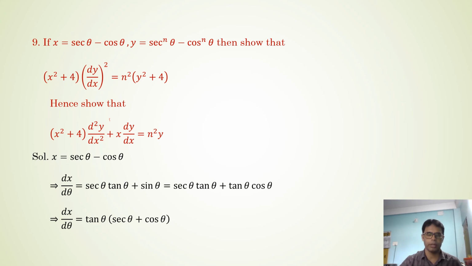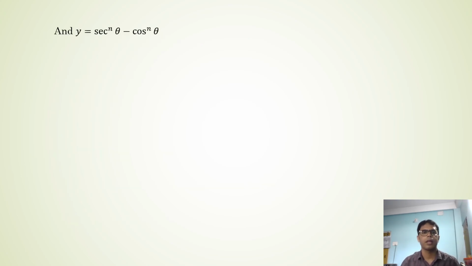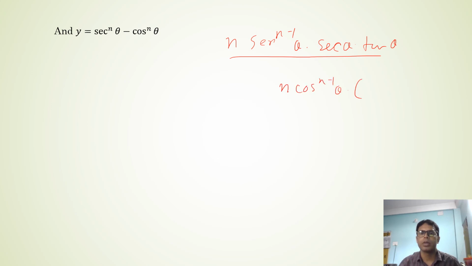এবাৰ সেকেন্ড পার্টটো লবা, y = sec power n theta minus cos power n theta. ইয়াতো এবাৰ প্ৰথমে পাৱাৰ ফাংচনৰ ডেৰিভেটিভ কি আহিব, n into sec power n minus 1 theta আৰু sec ৰ কাৰণে আহিব sec theta tan theta, মনত আছে নিশ্চয়, আৰু cos to the power n ৰ কাৰণে আহিব n cos to the power n minus 1 theta, cos ৰ কাৰণে ডেৰিভেটিভ আহিব minus sin theta, এনেকৈ আহিব।